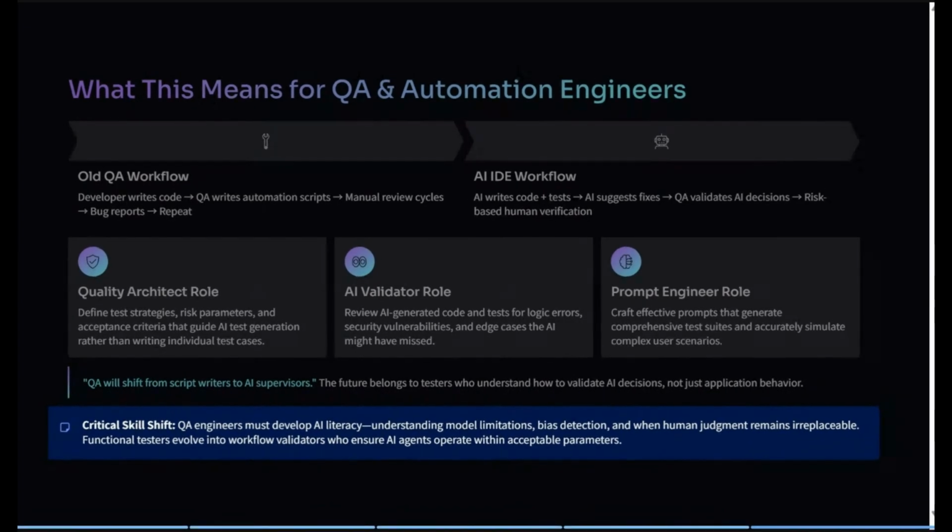So if we say, this was the video, guys. The important thing is not whether Antigravity wins or we lose, right? The important thing is that AI native IDEs are here and they are going to stay in the near future. We are entering an era where developers don't just write code, they supervise AI systems. And QA engineers don't just test features, they validate the AI generated systems. The future belongs to those who adapt early.